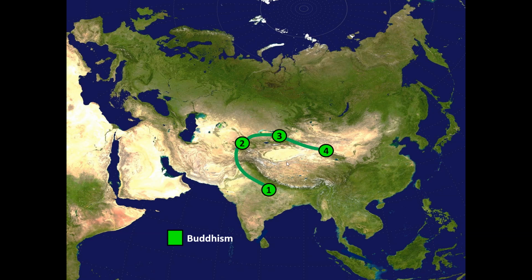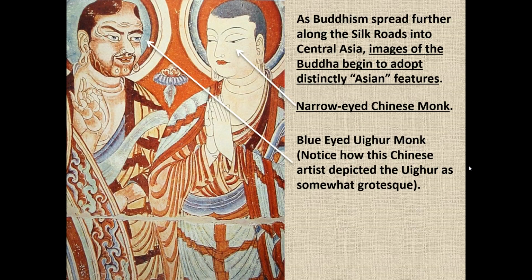Now, again, we see Buddhism moves farther east, and as it moves more east, it adopts more Asian features. For instance, we see slanted eyes here, or narrowed eyes, of a Chinese monk. And we also see that the Chinese wear, right, even closer to the silk robes of silk. Now here we see another type of monk. This is a Uyghur monk, and he was depicted as a savage because these guys were more nomadic people.